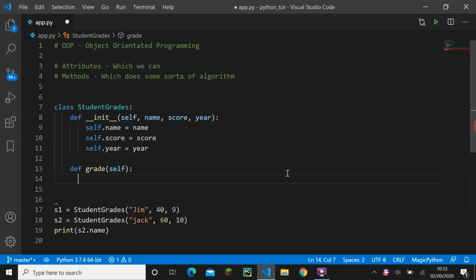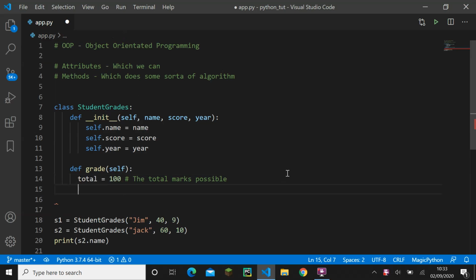And what we can do is total equals 100, so this is the total marks possible, and then we can do a score, we can do grade. Oh wait, because this is called grade, so we'll use student grade is equal to, actually no, instead of grade let's do percentage. Let's get the percentage score. So we do percent equals